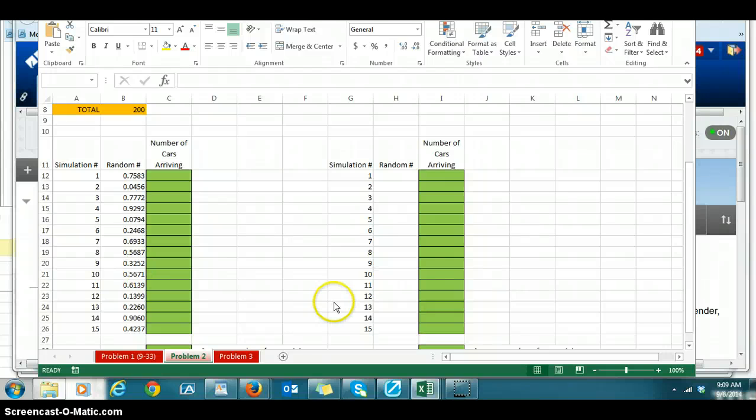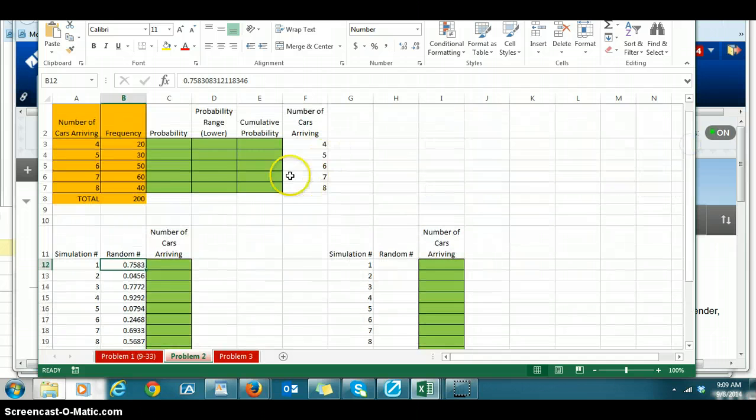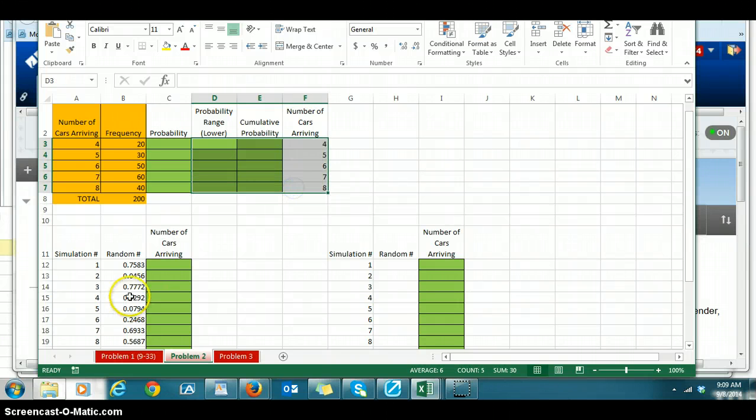So your VLOOKUP, and again, this is in the chapter, so you'll have to read that and use that chapter as an example of how to complete a VLOOKUP. But you're going to tell Excel in this cell to do a VLOOKUP, and you're going to tell it to look up this random number in this table,